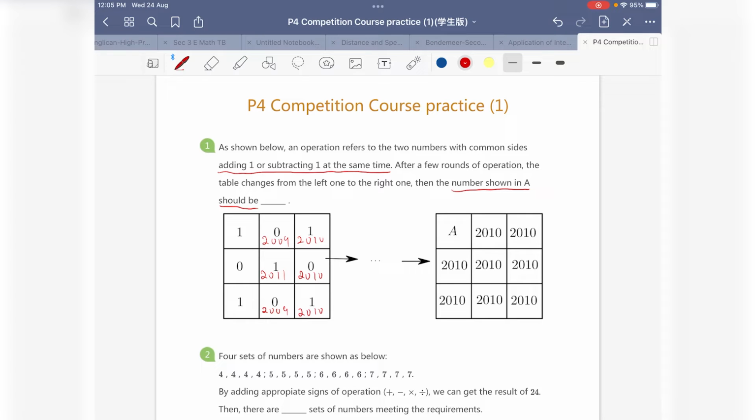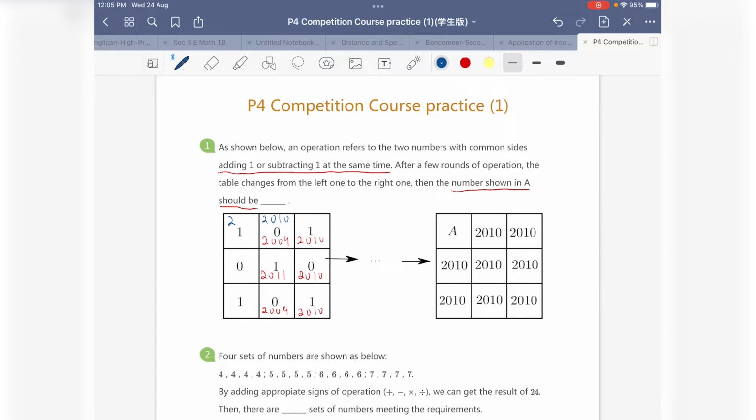In the first row, we notice that all we need to do is to really just add one more in order to get 2010. So maybe I'll use blue for the second operation, 2010, but we would like to affect the adjacent side. So we would like to preferably affect the top left corner. So now it's going to become 2 because we added 1 to each of them. In the same fashion, for the middle